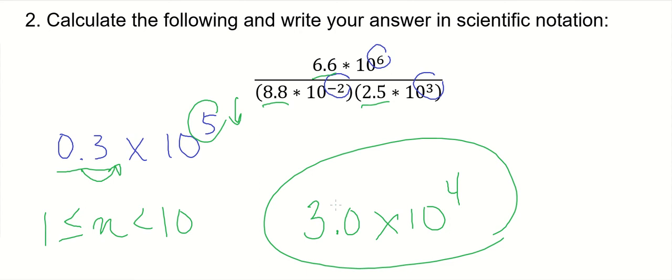Okay, so I'm going to show you how to do this in one shot using your calculator. So if you have a calculator, just use it. Let the calculator do all the work for you. Using our calculator and letting the calculator do all the work, this is the way to do it. If you have a TI-84, enter 6.6, now when you see the times 10, you're going to hit that E key, and that'll let